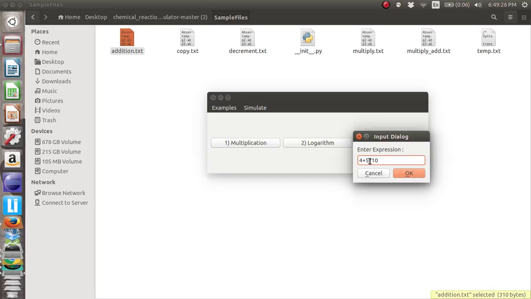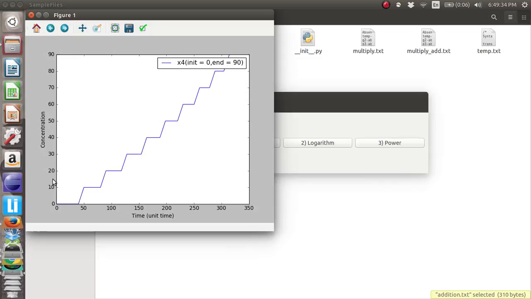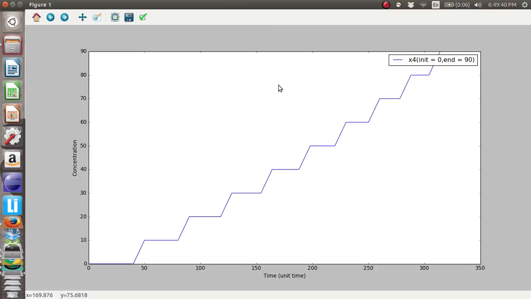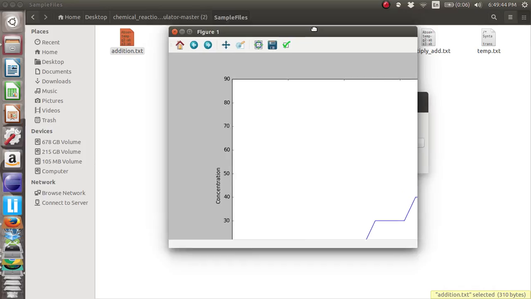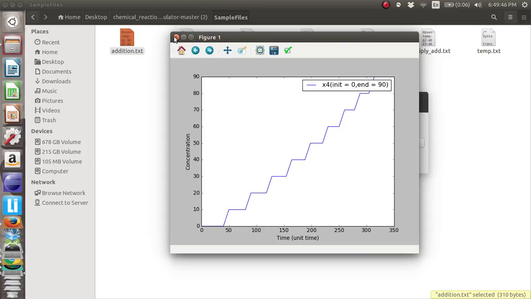So this value is 4 plus 5 equal to 9, which then gets multiplied by 10. So the value will be 90. As you can see, when I simulate it, 4 plus 5 equals 9, 9 multiplied by 10 equal to 90 gets plotted in this reaction.